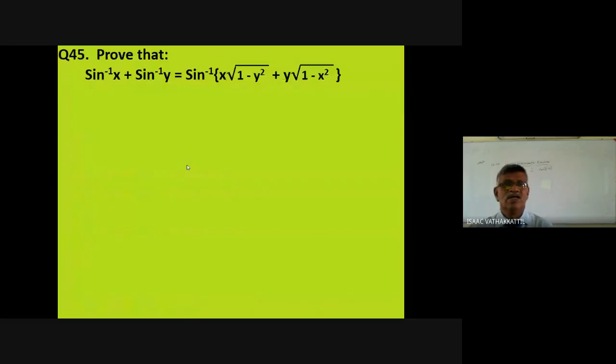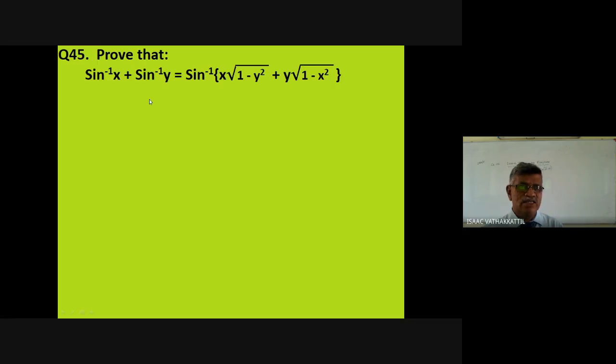Well, go for prove that sin inverse x plus sin inverse y equal to sin inverse of x into root of 1 minus y squared plus y into root of 1 minus x squared. Look at, this is actually an addition formula for sin inverse, but we don't keep this as a formula as it is not given to you. It is as a problem, but we can easily prove it. As we have proved it for tan inverse, we can prove this also. But as it is not given as a formula, we don't apply it any places. So sin inverse x plus sin inverse y equal to sin inverse of x into root of 1 minus y squared plus y into root of 1 minus x squared.